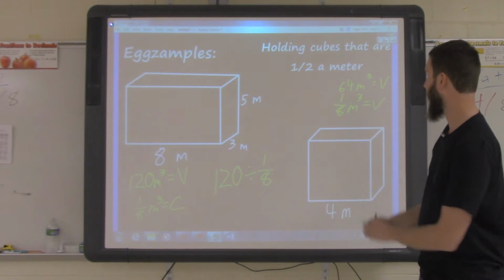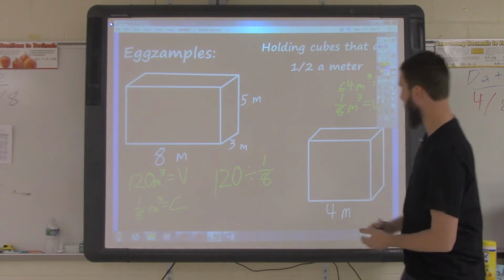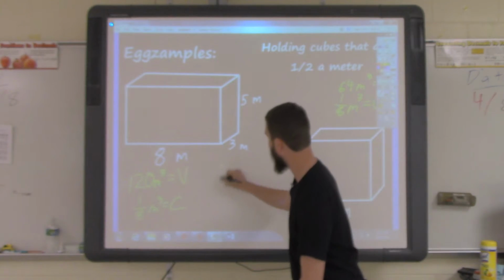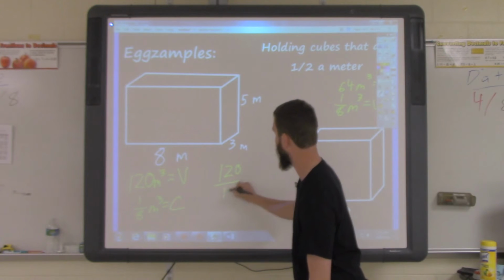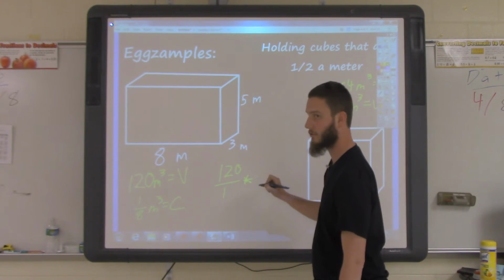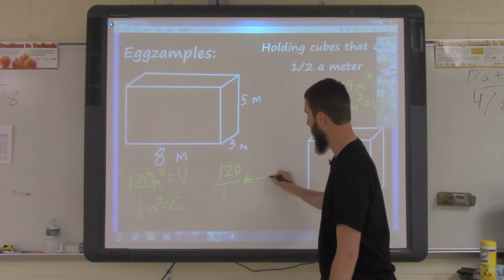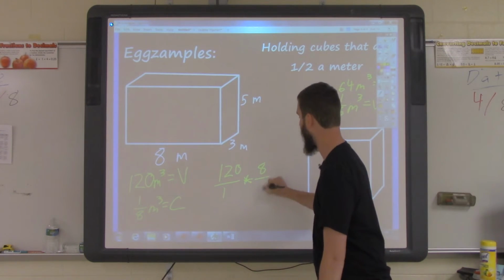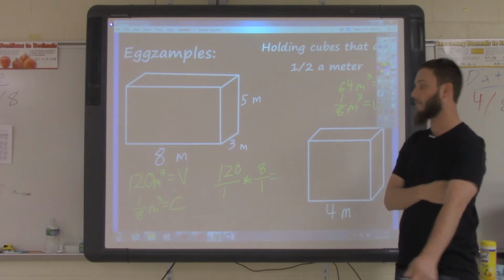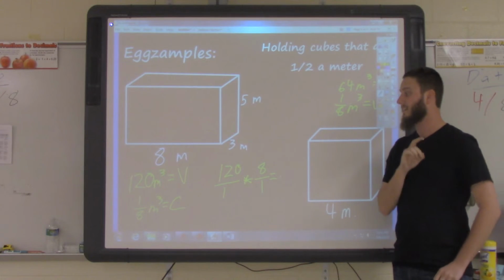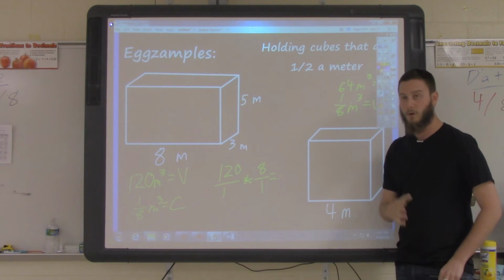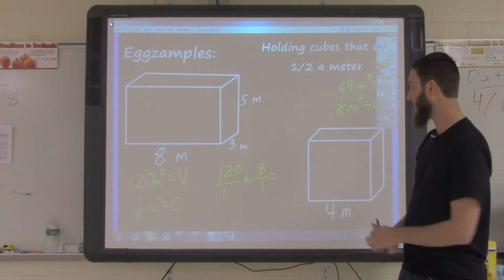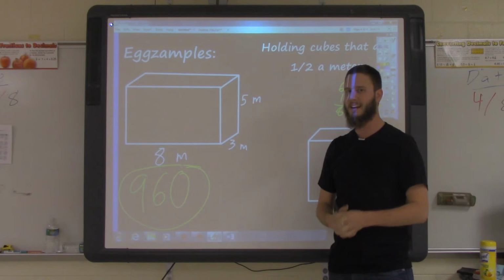You're going to have to keep, change, and flip. What that means is we are going to keep that first fraction exactly the same. That's 120, which is the same as 120 over 1. You're going to change your division into multiplication, and you're going to flip your other fraction, 1/8, to get 8 over 1. Now our problem has become 120 times 8. If you were to work out that problem, 120 times 8, you're going to get an answer of